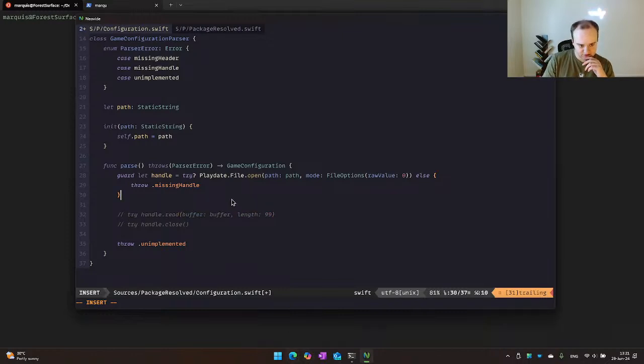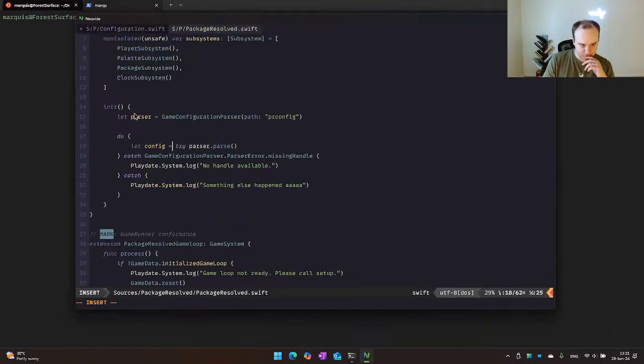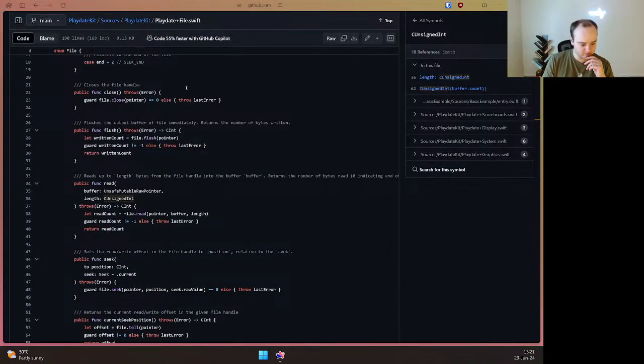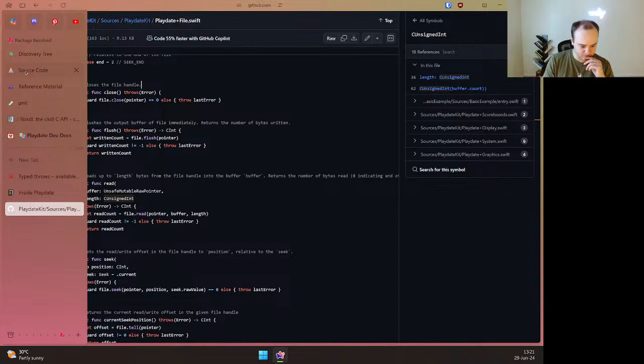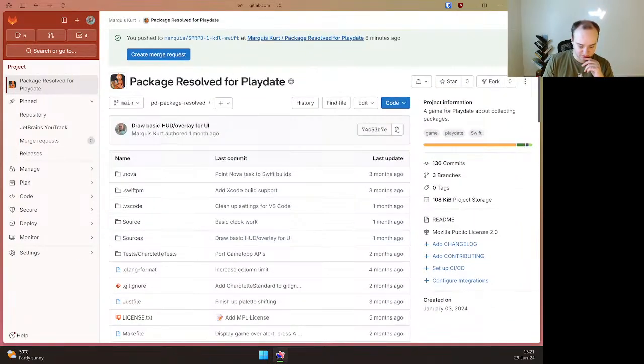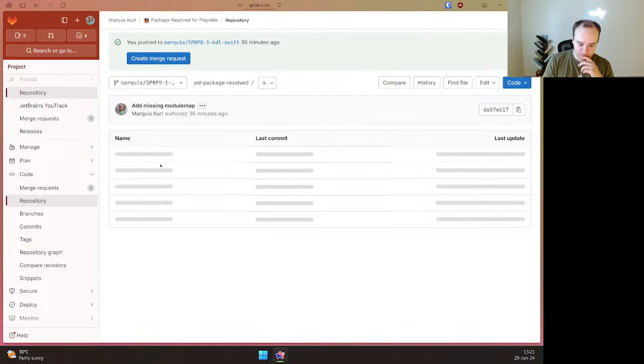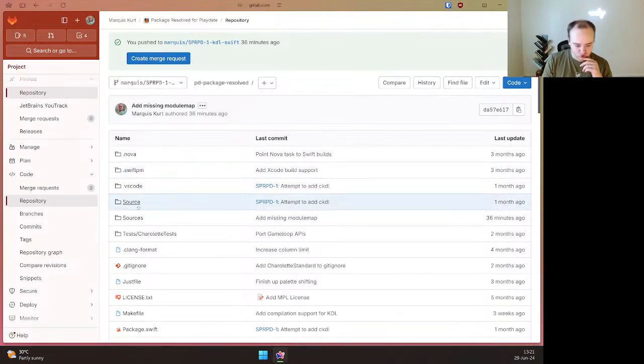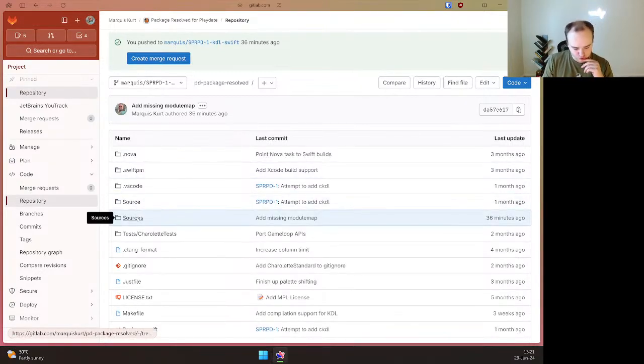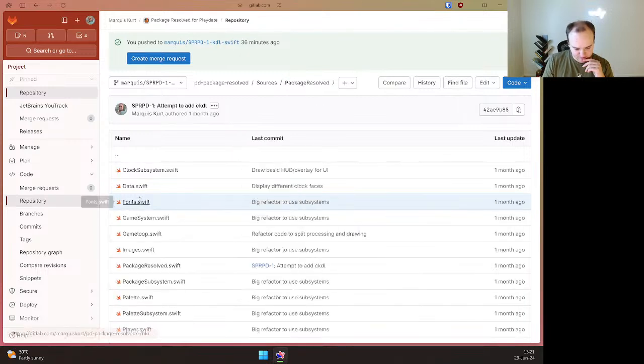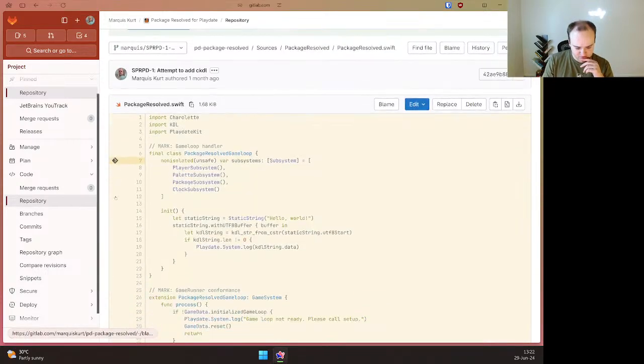Now the question is, obviously we removed it from our old init, so I'm going to switch back to the documentation here, or our easel, so we can see what the original one was. All right, our sources, package resolved.swift.